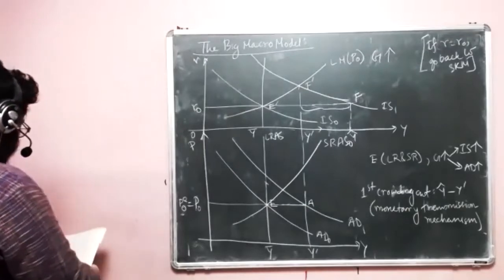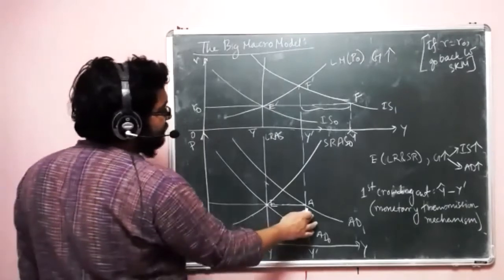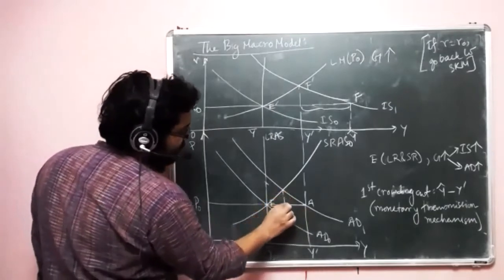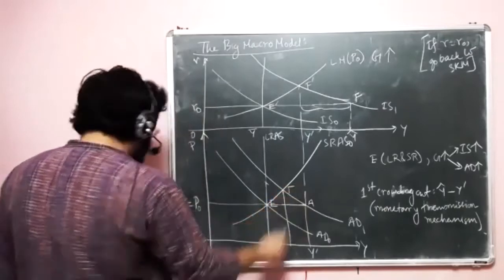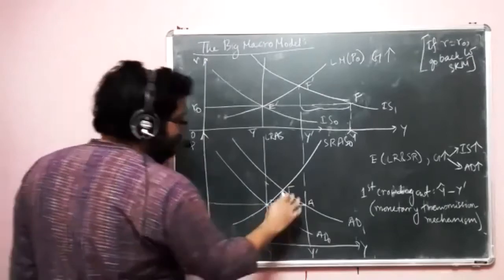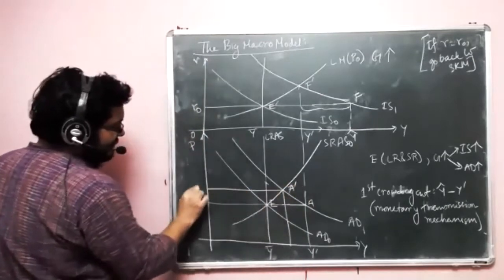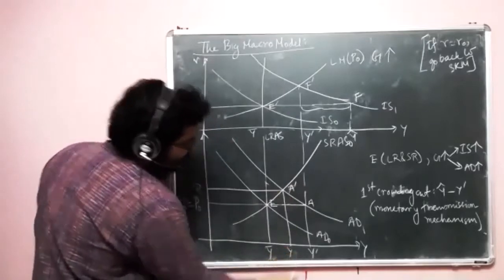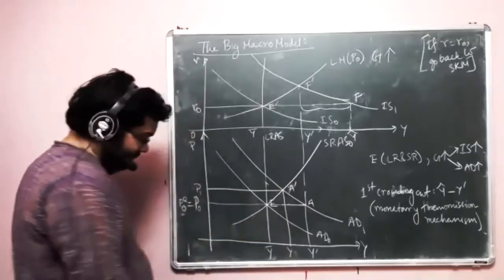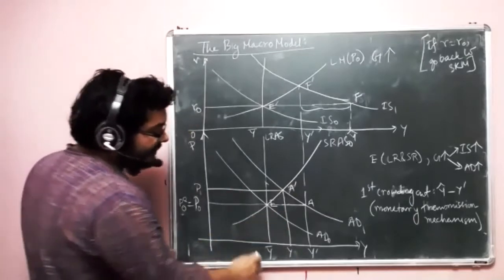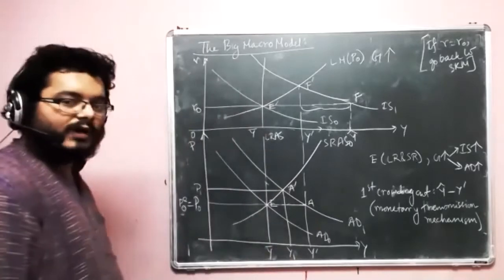And the rest of it is known to us. So for example, from A, we have basically an equilibrium here at this point, and let us say this is some A dash where price has increased to P1 and output, do not ever say decreased. Rather, we will say output did not increase to Y hat, but restricted to Y1.